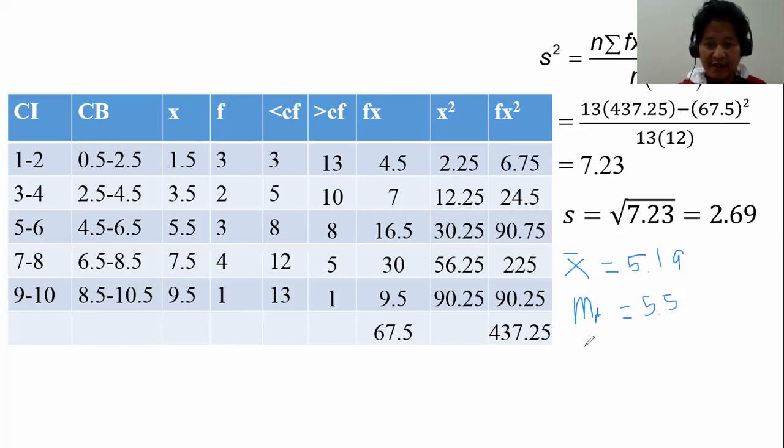Okay, so to find for the skewness, ang kailangan lang natin is to follow the formula. Ano yung formula ng ating skewness? So 3 multiplied by,